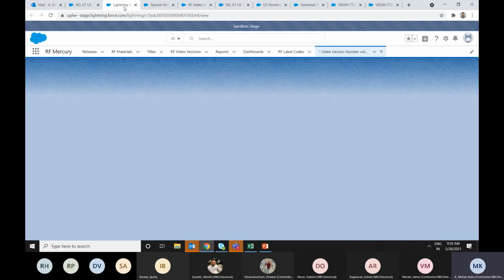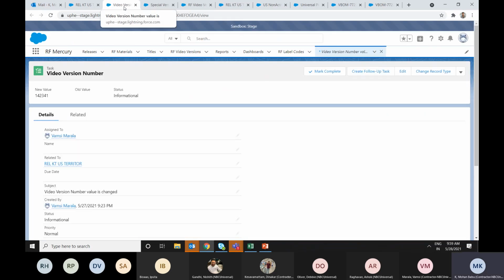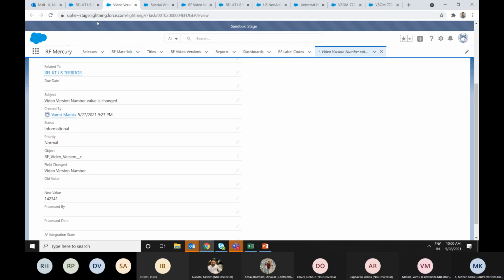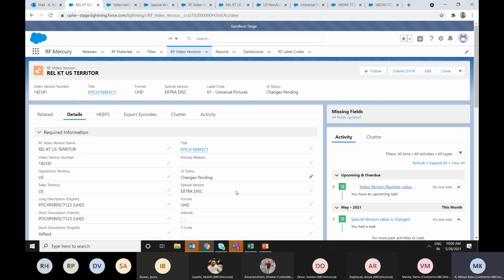So basically, during the integration, we won't be creating the task. I mean, the video version number got updated, correct? Okay. So when the platform API user is updating any fields, we won't be creating the task because the other team is going to approve it, so they can change.